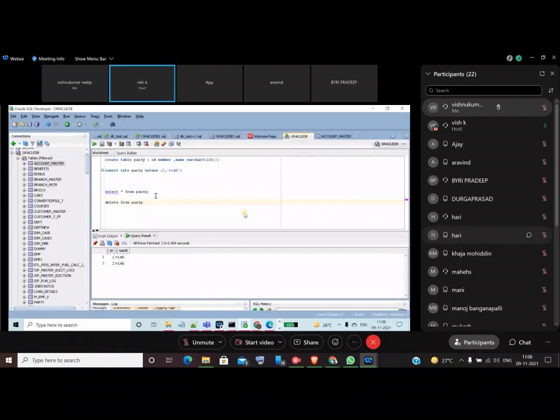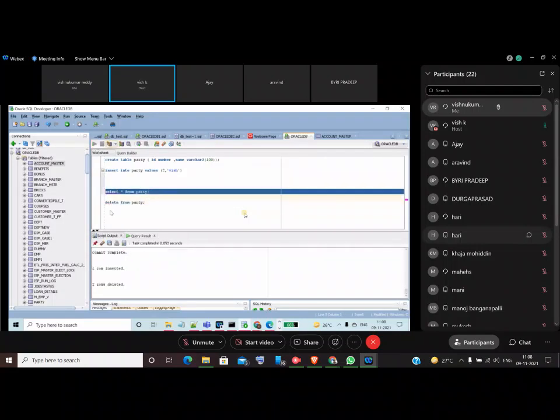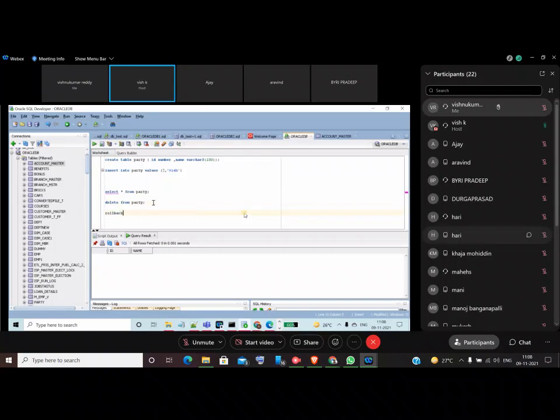When you use delete from table, what will happen? It will delete all records in your table. So now it is deleted. You can see select star from party: now all records in the table are deleted, but you can use the rollback command.